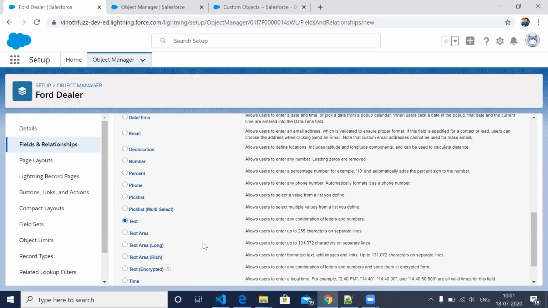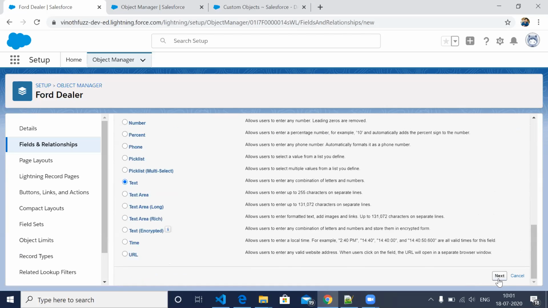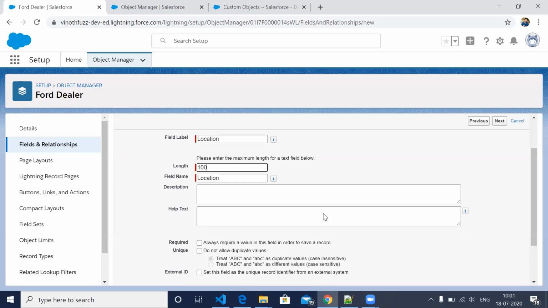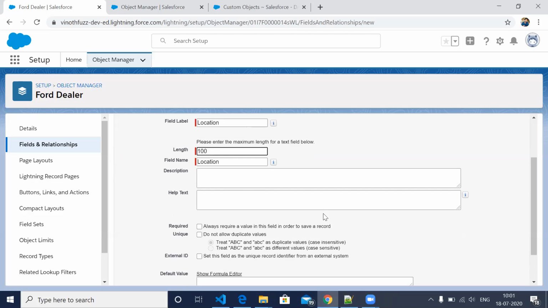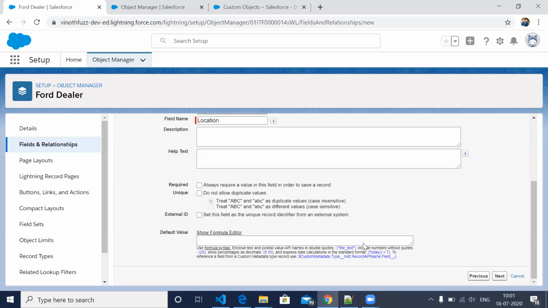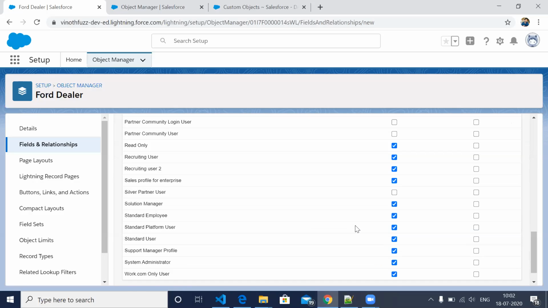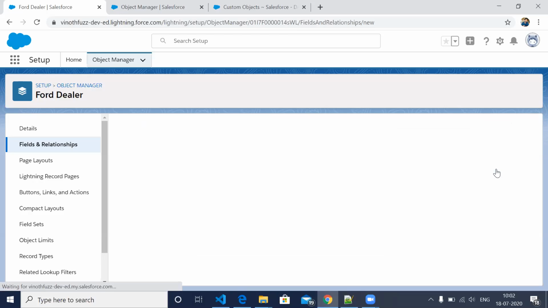Create one text field, and call it location.